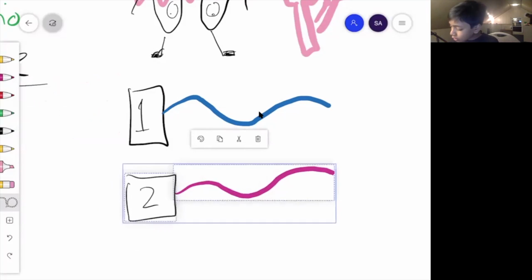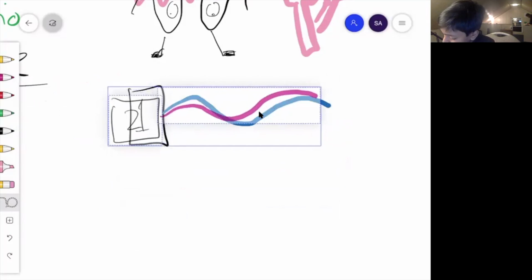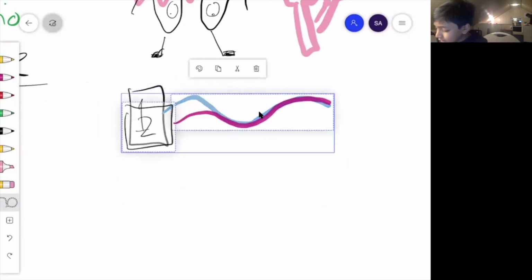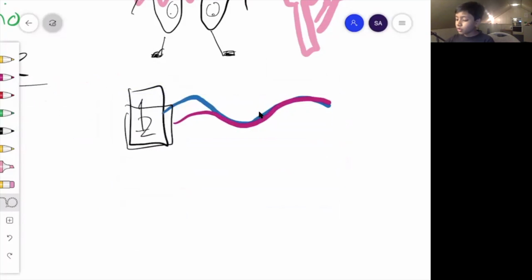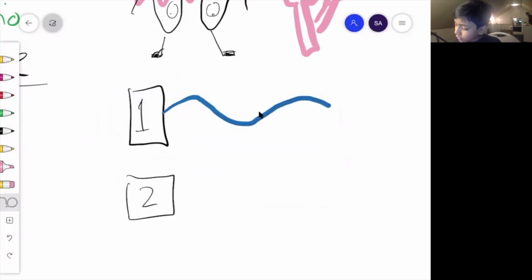So now, if I select 2 and put it right on top of 1, you can sort of see that they come together. They are in sync with each other. I'm not the best drawer, so this didn't really work out for me. So let's see. Yeah, that looks better.